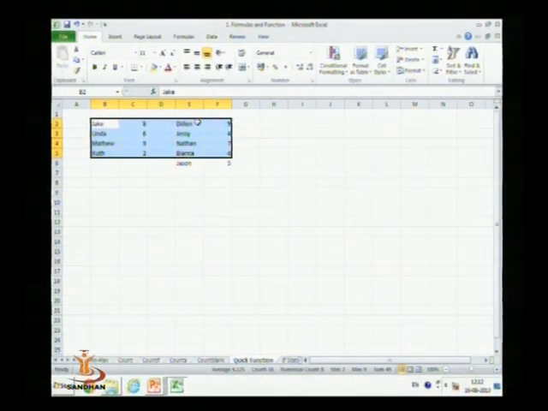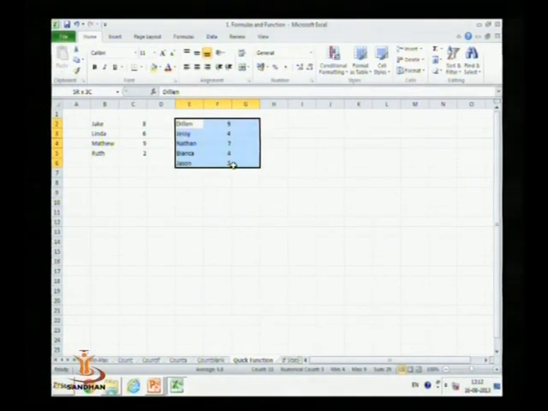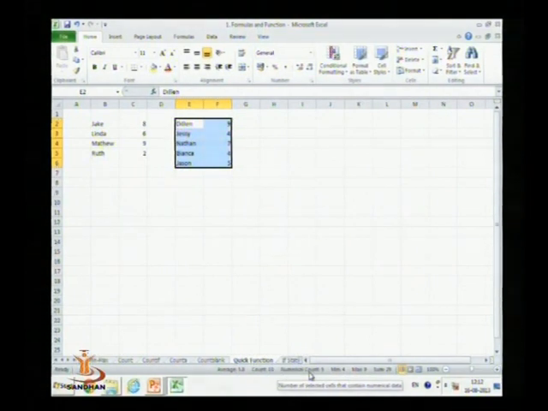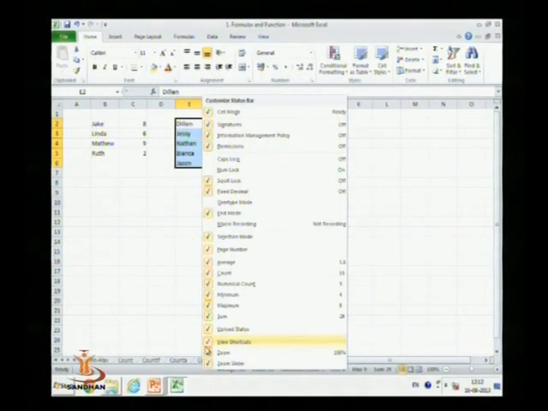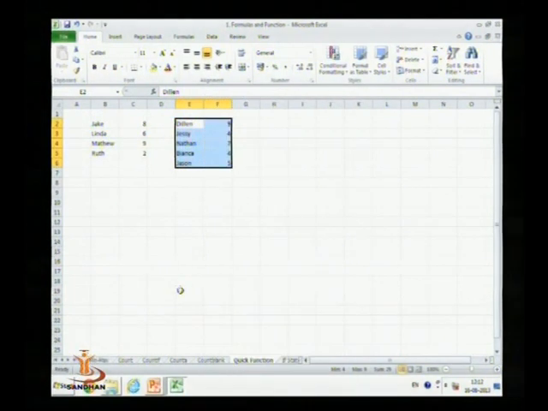If you select only these numbers, it will show average, count, numerical count, minimum, maximum and sum. By right-clicking you can remove the different functions. Suppose you do not require average, count and numerical count, just unselect them. So in the status bar there are only 3 functions: sum, minimum and maximum.